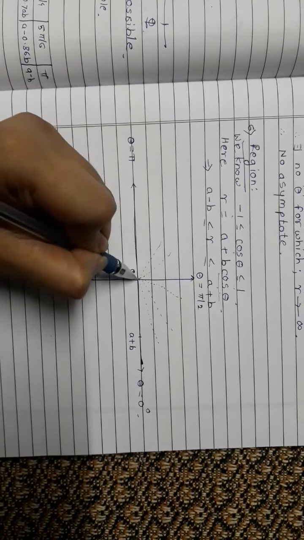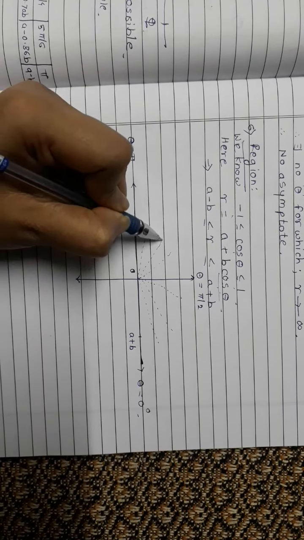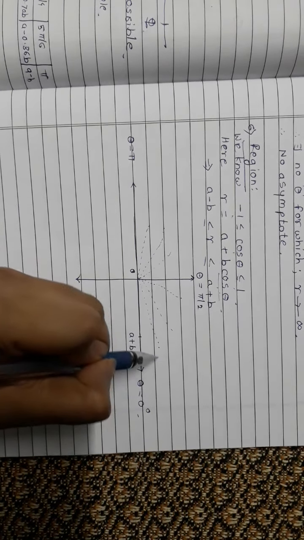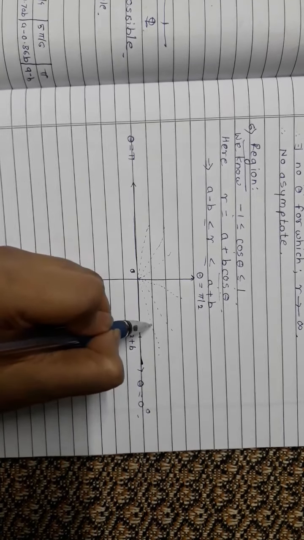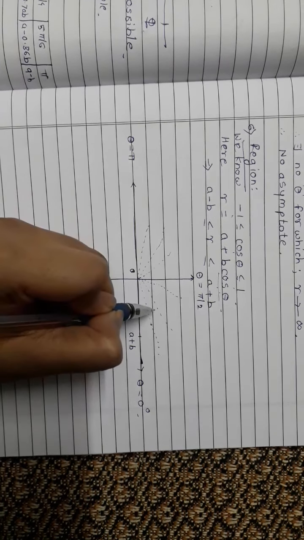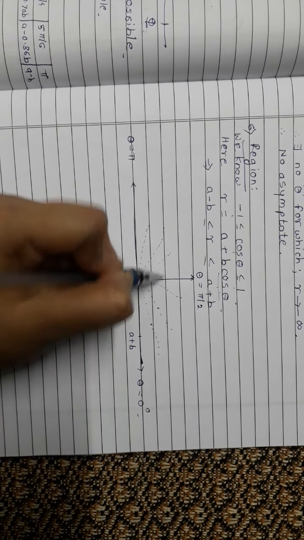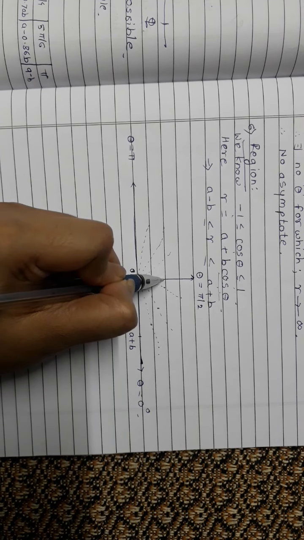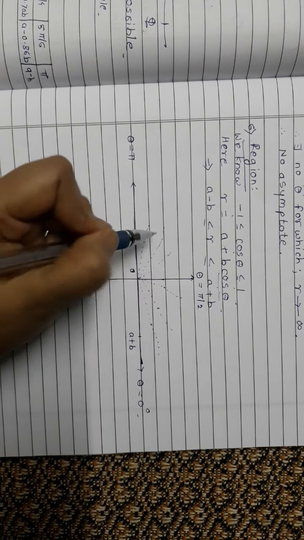This is 135 and this is 150. If you are comfortable with directly joining the points, no need to draw these lines. This is for 30, so for 30 this is a little bit decreasing from this, so this may be the point. Then for 45 again decreasing a little bit, then for 60 again decreasing, for 90 again it is just a,